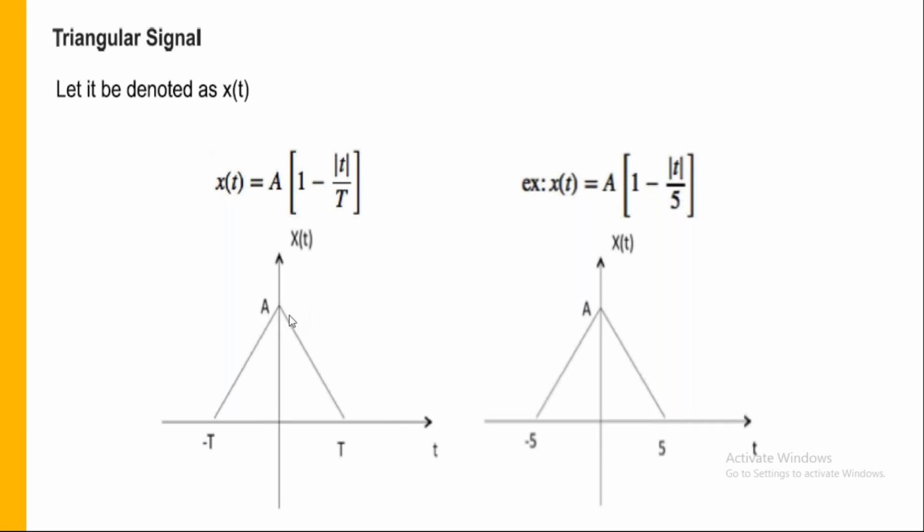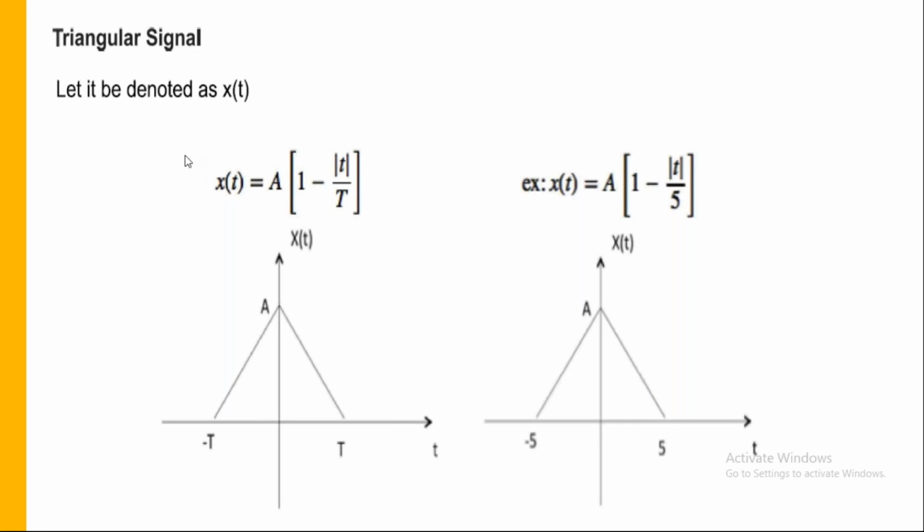Now x2 minus x1, here x2 is 0, x1 is minus T. Minus of minus becomes plus. So you can write it as a by T into x. Now my x is, along the x-axis I have the variable t. So I can write t minus x1. Now what is my x1? My x1 is minus T. Minus of minus becomes plus, so you can write capital T. Now the moment when you write this, you will get an equation x of t equal to a plus at by T.